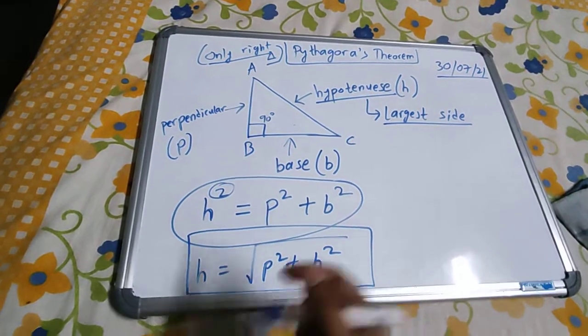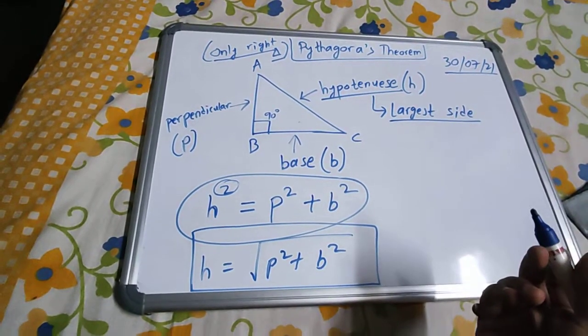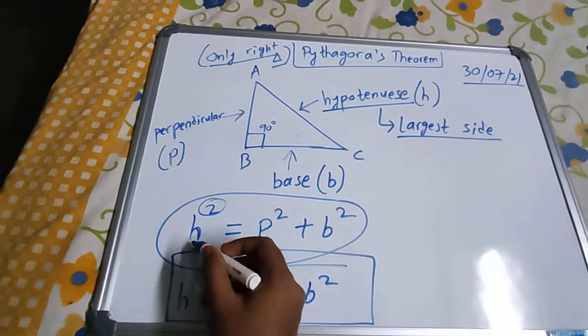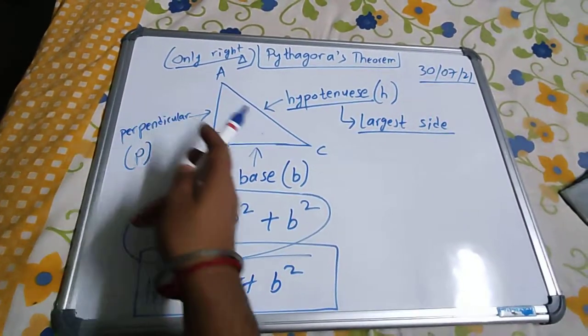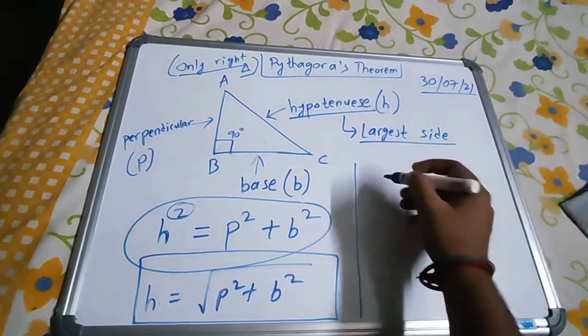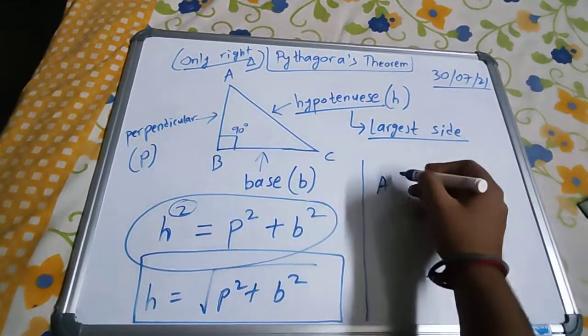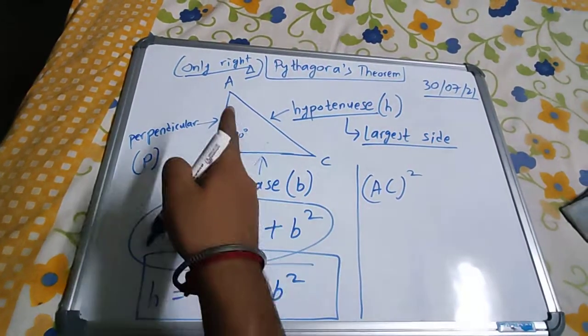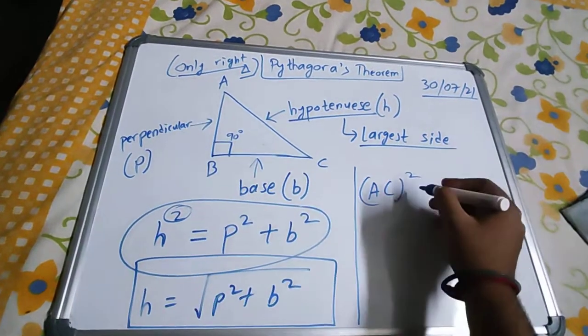Okay, with which you are comfortable with, you can use. Okay, so now you can also name those sides. See, what is hypotenuse? H is nothing but this AC. So for this triangle, I can write hypotenuse is AC, so AC whole square. Since we know Pythagoras theorem is H square, so hypotenuse is AC, so AC whole square is equal to